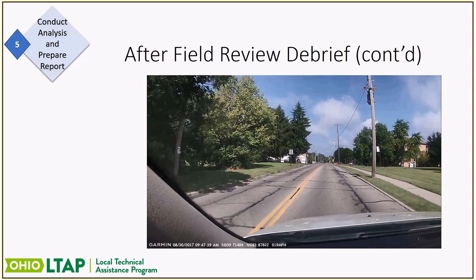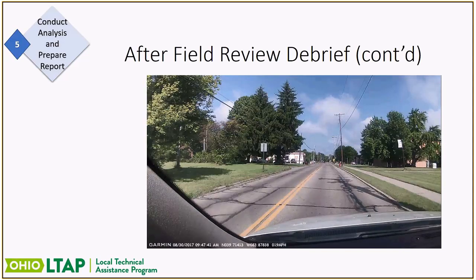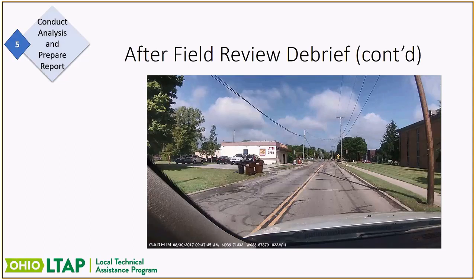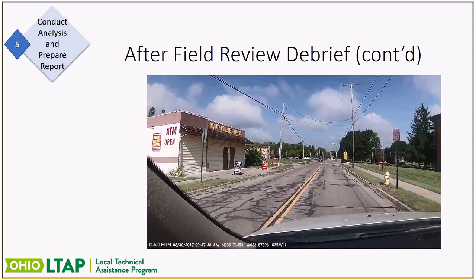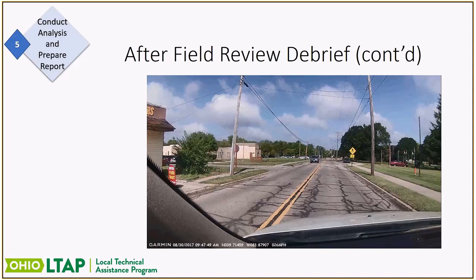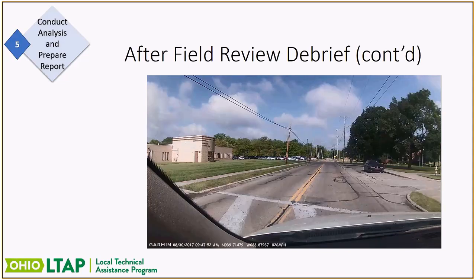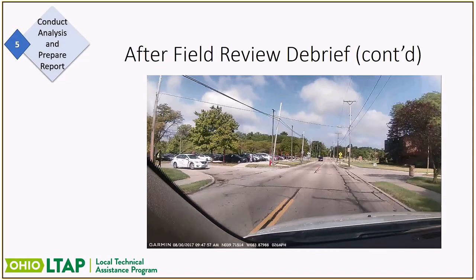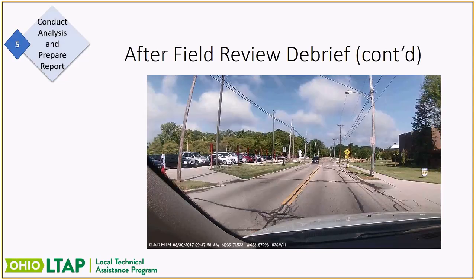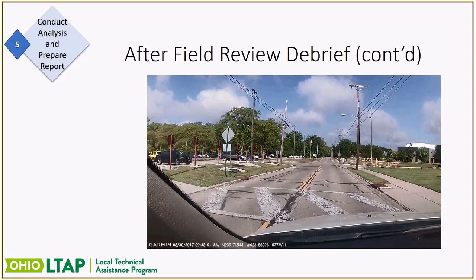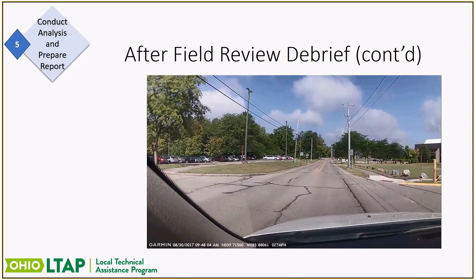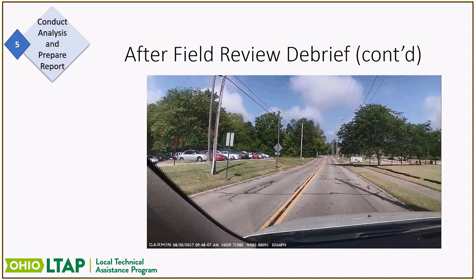You'll notice as we're going down the road, you can see on the bottom left-hand corner of that video recording the date we recorded it, the time of day we recorded it. It gives us our coordinates as to where we are, how fast we're going. And that's important. We want to make sure we're following the speed limit, driving it as someone who would be following the speed limit would. It's picking up for us all the features and attributes along the roadway, like that pedestrian crossing sign that we just saw there.